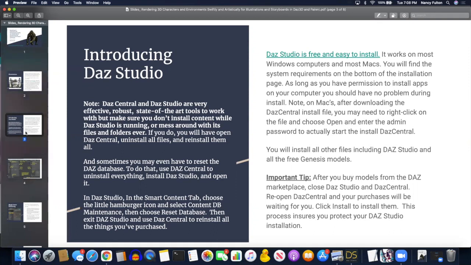And I want to mention right here, I haven't actually mentioned it in previous presentations, that when you buy models on the DAZ Marketplace, the first thing you should do before you go shopping on the DAZ Marketplace is close DAZ Studio. You then go to DAZ Central, click the shop button, buy whatever you want, and then after you finish the purchase, close DAZ Central and open it back up again. And what you'll find is that DAZ Central will have gotten all of the purchases that you've made on the DAZ store, and it'll be loaded into DAZ Central, so you can install it on your computer just by clicking